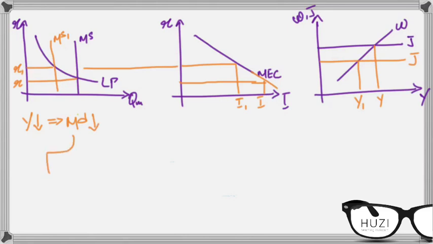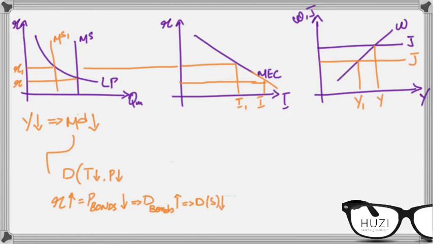And this will be because of a fall in the transactionary demand for money, precautionary demand for money, and since interest rates have risen, the price of bonds has fallen, increasing the demand for bonds, which means that the speculative demand for money has fallen. So T, P, and S all have fallen,